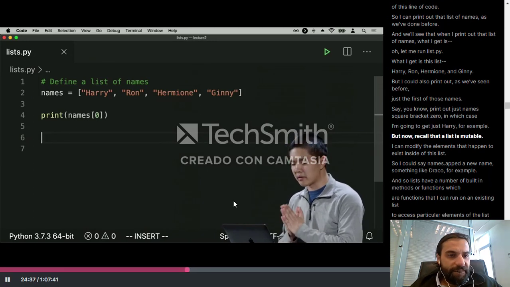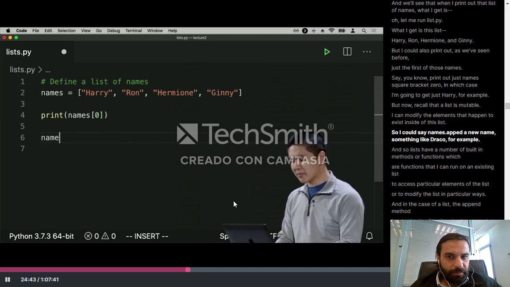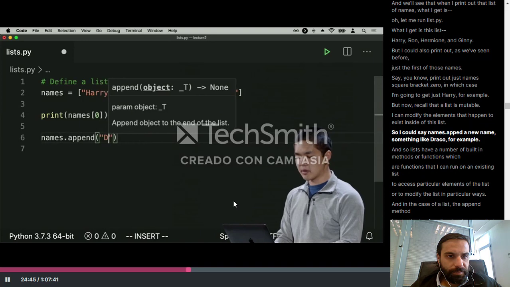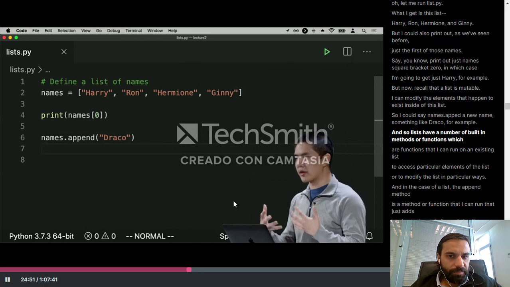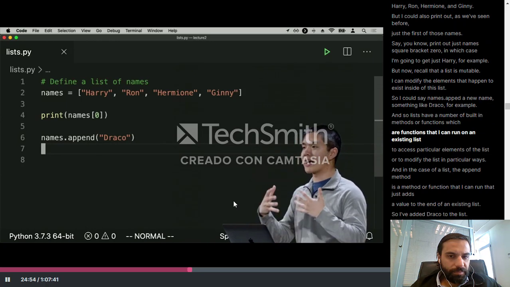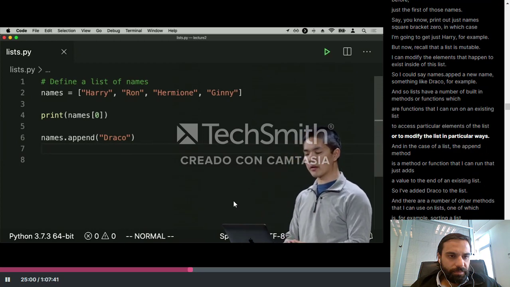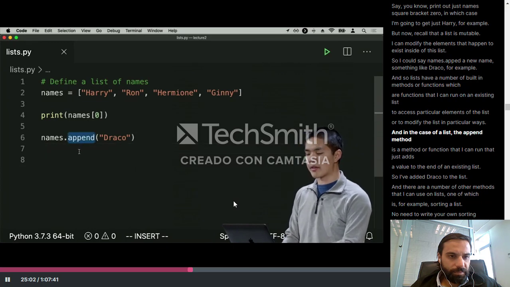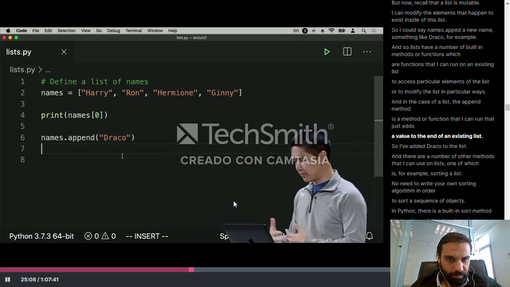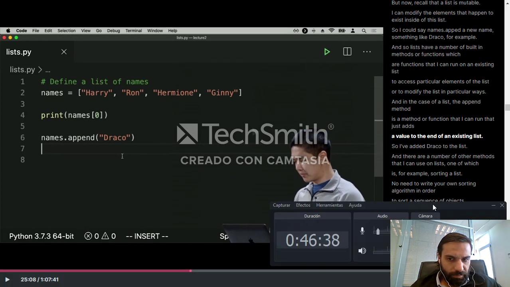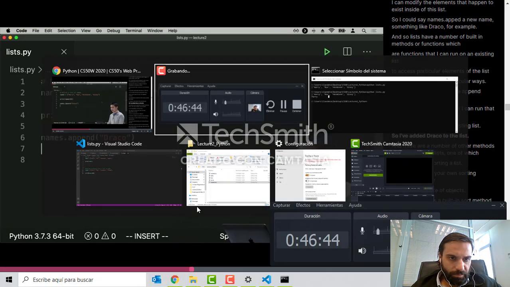But now, recall that a list is mutable. I can modify the elements that happen to exist inside of this list. So I could say names.append a new name, something like Draco, for example. And so lists have a number of built-in methods or functions, which are functions that I can run on an existing list to access particular elements of the list or to modify the list in particular ways. And in the case of a list, the append method is a method or function that I can run that just adds a value to the end of an existing list. So I've added Draco to the